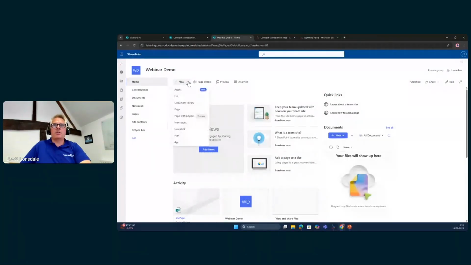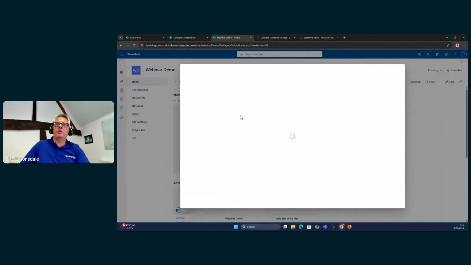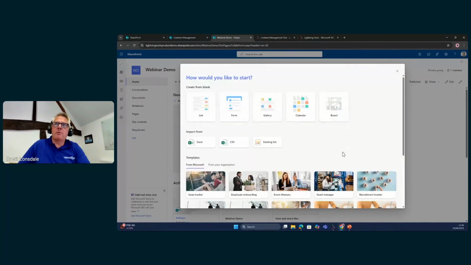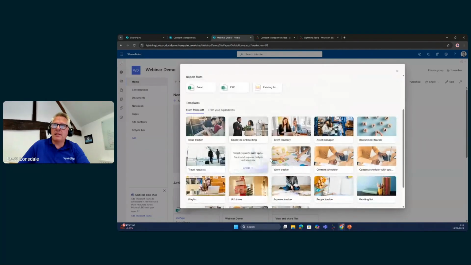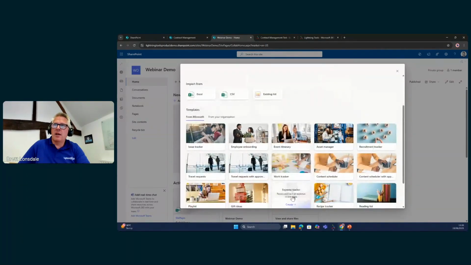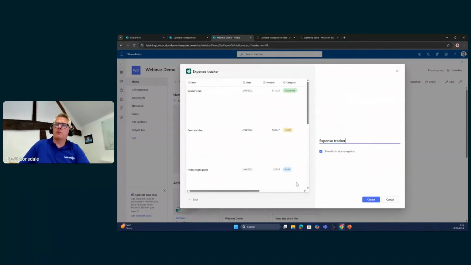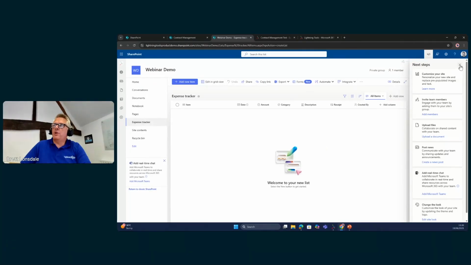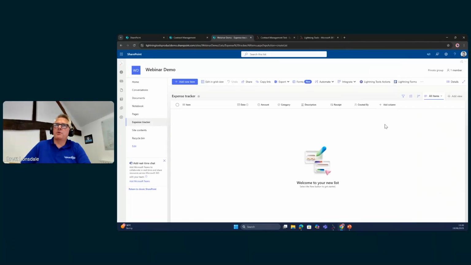So when we hit new, we can generate a new SharePoint list, and there's multiple ways of building a SharePoint list now. You can actually start off with the form design if you want to. That's using SharePoint out of the box. We're actually going to use a template, which is going to be this expense tracker template. So we're just going to use that one, and I'm happy with the name expense tracker. And so you can see we have the new SharePoint list,